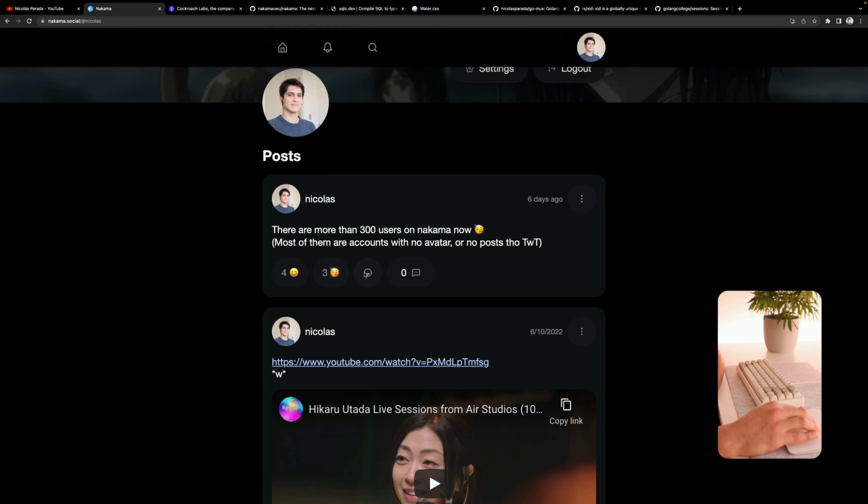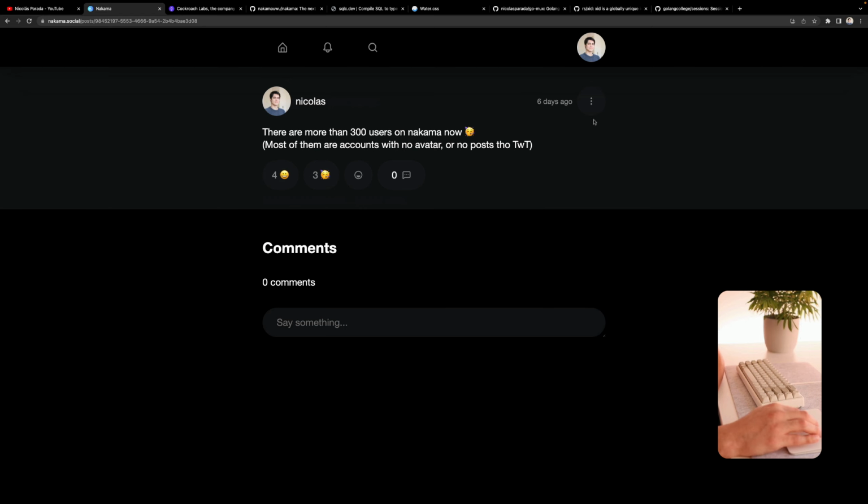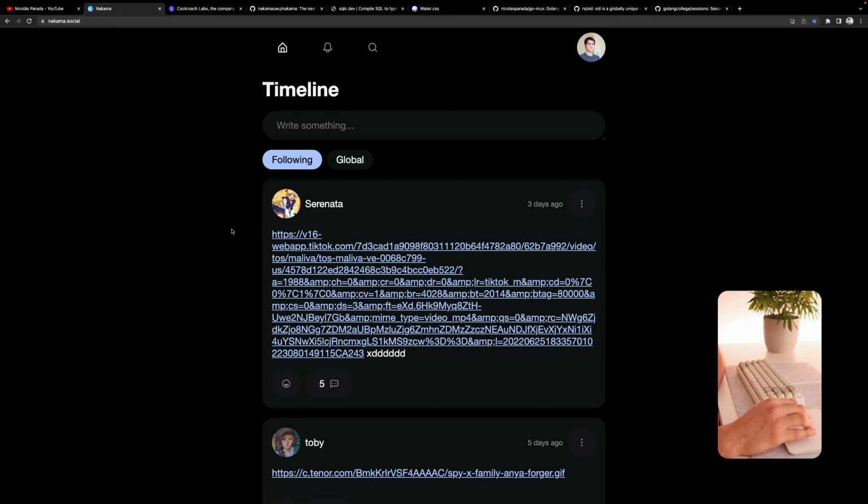On a single post, you can add reactions and you can comment. And of course, you can delete your comments and subscribe to new notifications. And that covers the basic functionality. In the new version, we are gonna keep those, but we're also gonna add groups, which are gonna work similar to subreddits. And also we're gonna change the whole frontend, because right now the frontend on Nakama uses a lot of JavaScript, and we're gonna change it to use basic server render templates.